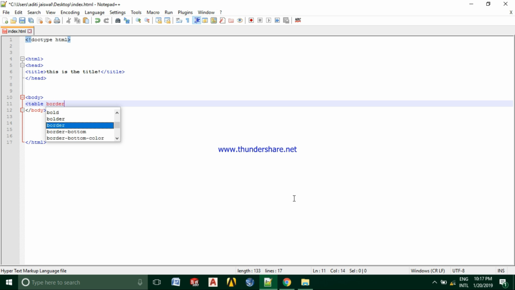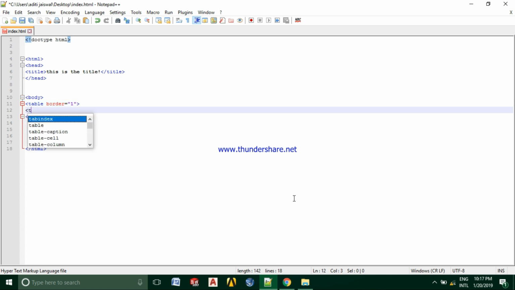Border to 1 pixel. Okay, and we need a closing table tag. Okay,